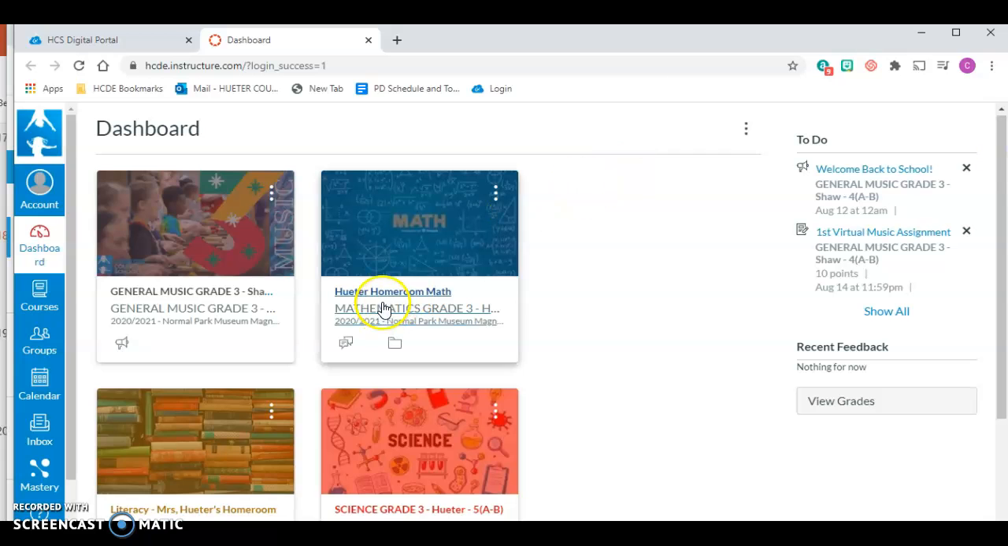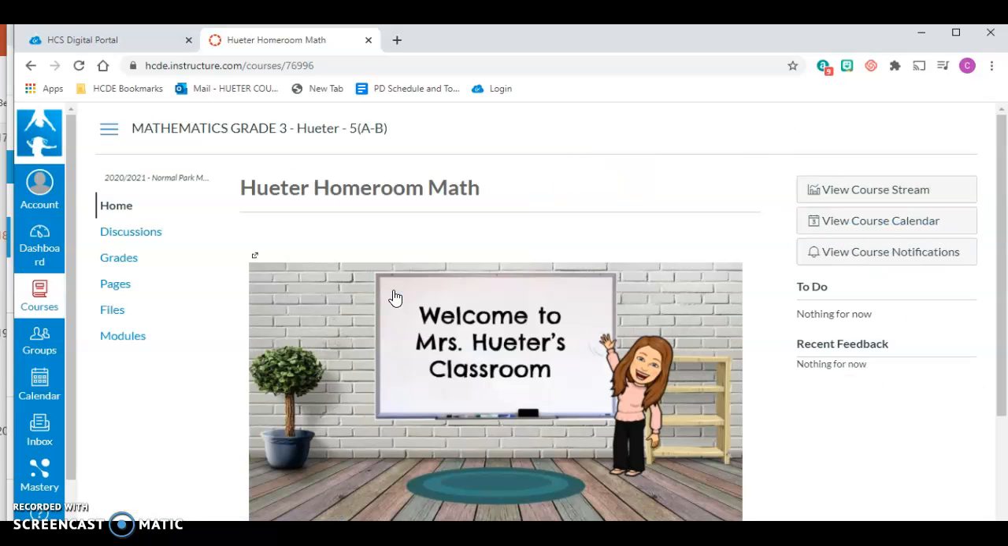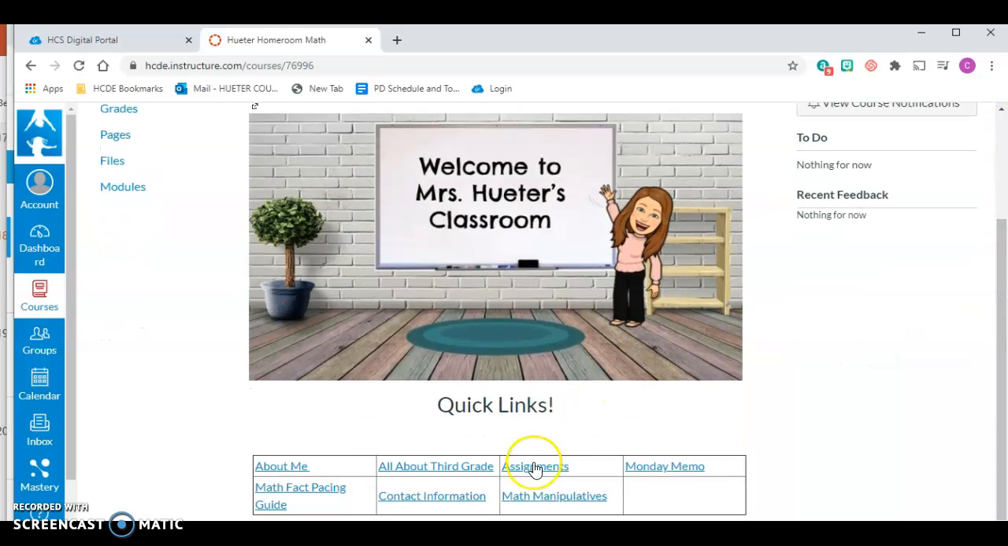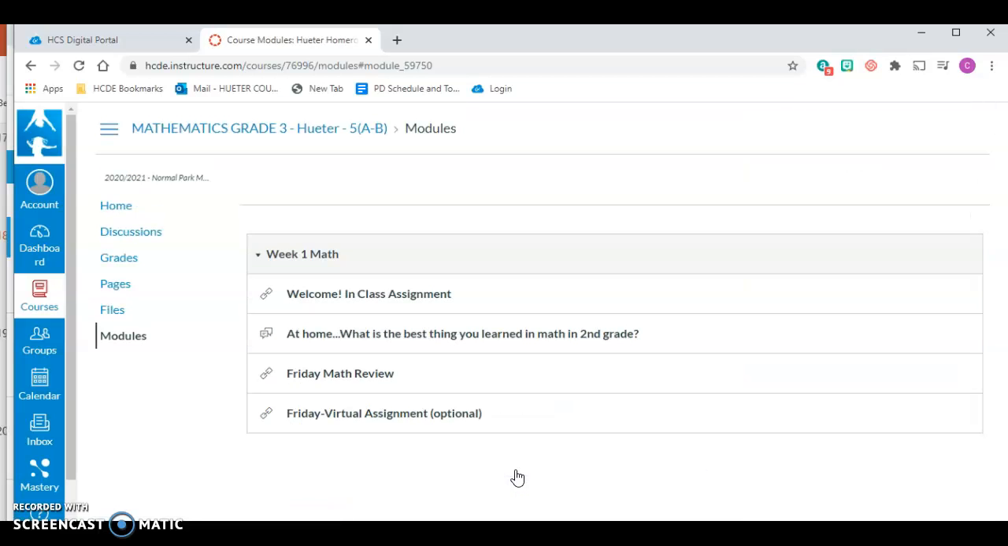So for example, if you click on the math one, you're going to look here and you're going to see kind of like the welcome page. And if you click down here, there's assignments here. You may also find assignments in modules. So click assignments, and once you've done that, you will see the things that they're assigned that week. Okay. Now what's important is